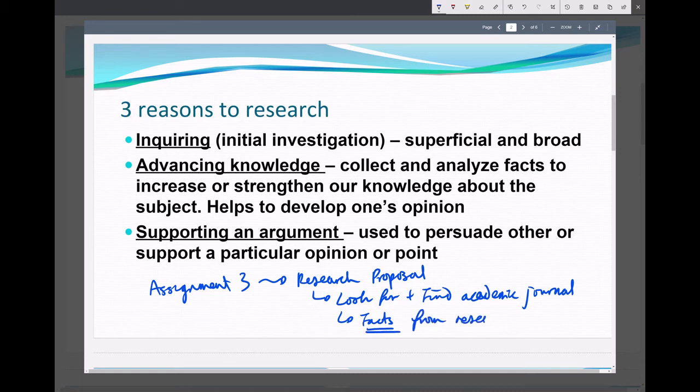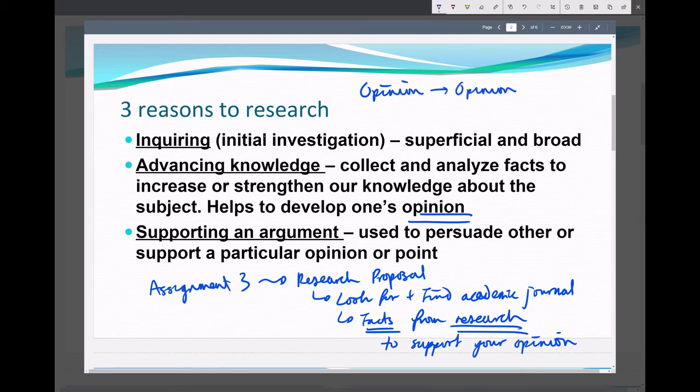Remember, this is a research essay, so we're looking for research findings to support your opinion. So remember, you don't want opinion to support more opinions. That's not what we want. We want research and facts to support opinion.